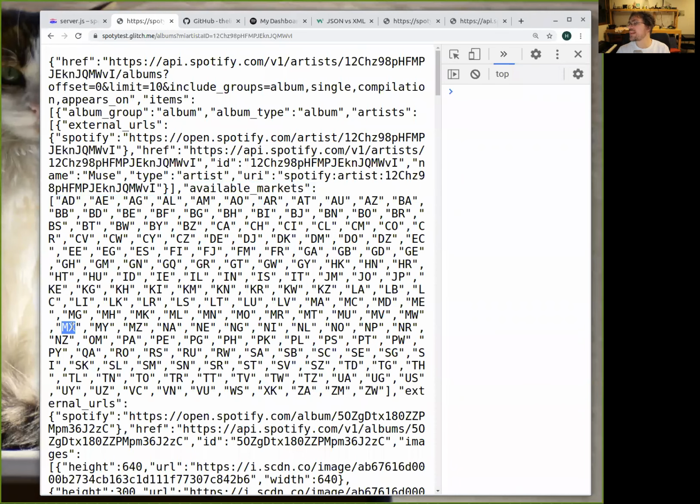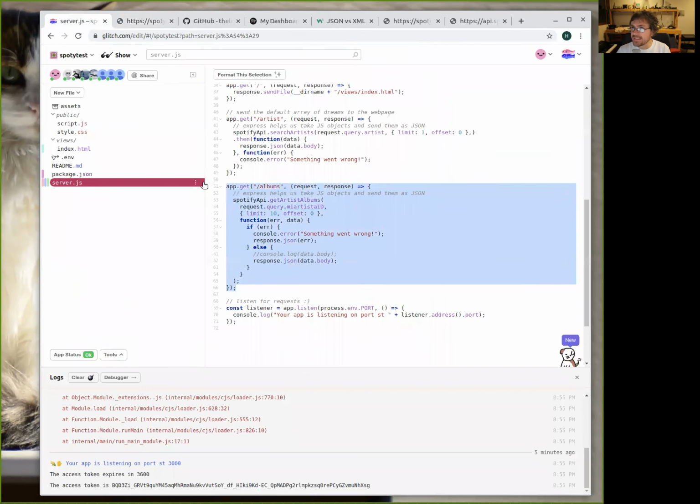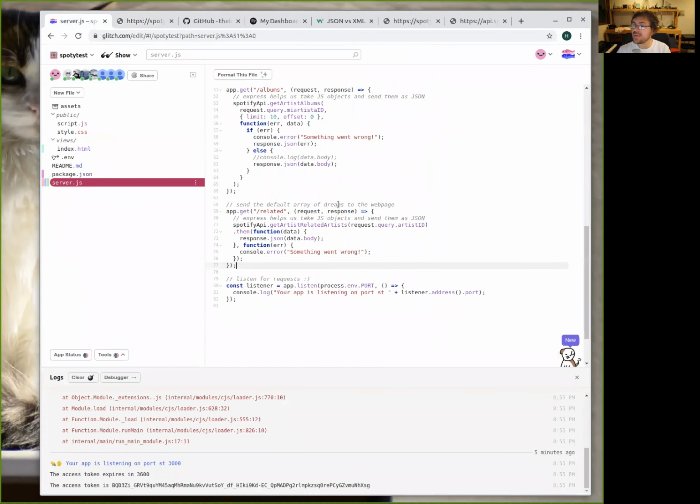Because some music cannot be listened to in some countries, for religious purposes, business purposes or whatever. So these are the IDs. In the same way that I did albums, I can also do related, for example, bands that are similar to an artist.